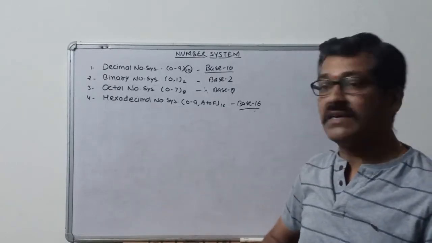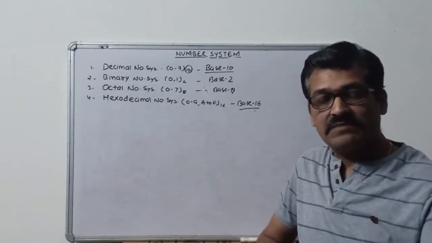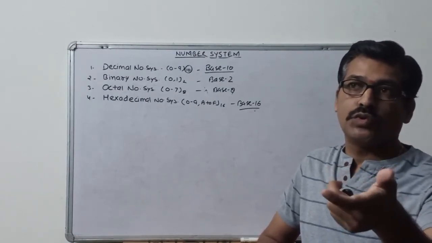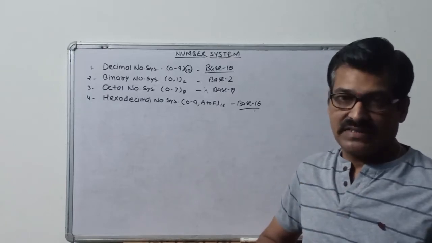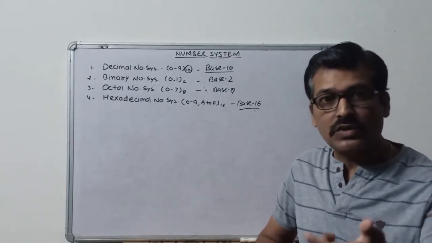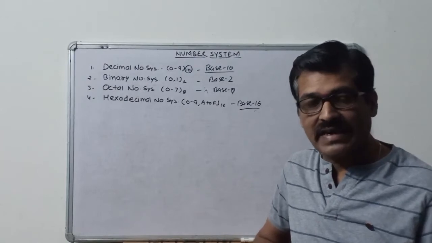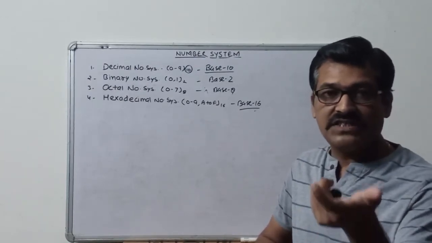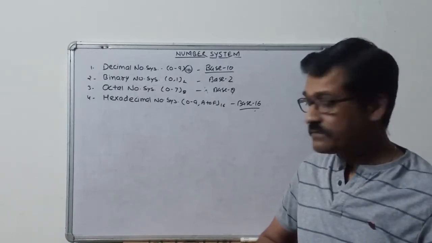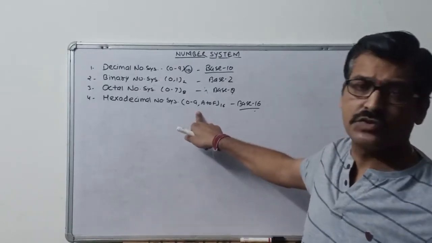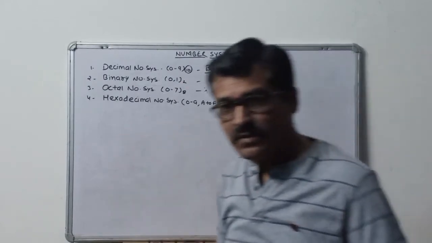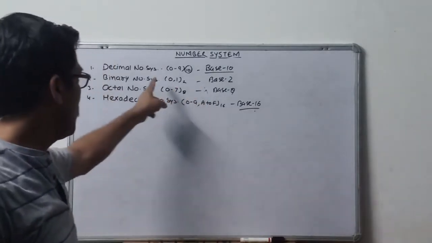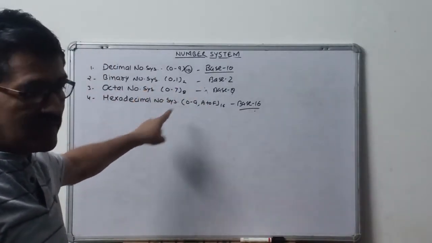Finally, hexadecimal number system. This hexadecimal number system is used to assign the storage addresses to the values or to show the error messages, to record the error messages. Have you ever seen the error messages shown? It is a combination of digit and alphabet. So the hexadecimal number system is used for the same. So we will study about these 4 number systems. These are decimal, binary, octal and hexadecimal.